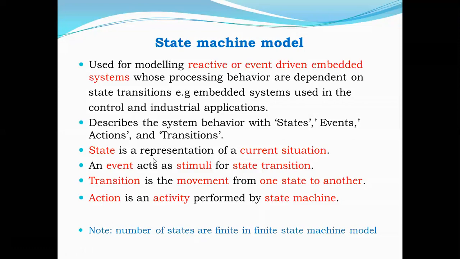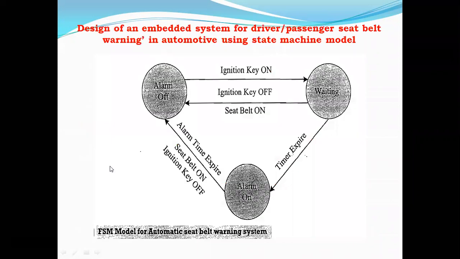Then what event will happen? When you insert the card, the transaction will happen, right? And based on the transaction, an action will happen and the amount will get dispensed, right? So these are the terms: state, event, transition, and action. In the finite state model, remember there are fixed states, right? We'll try to understand this with an example.